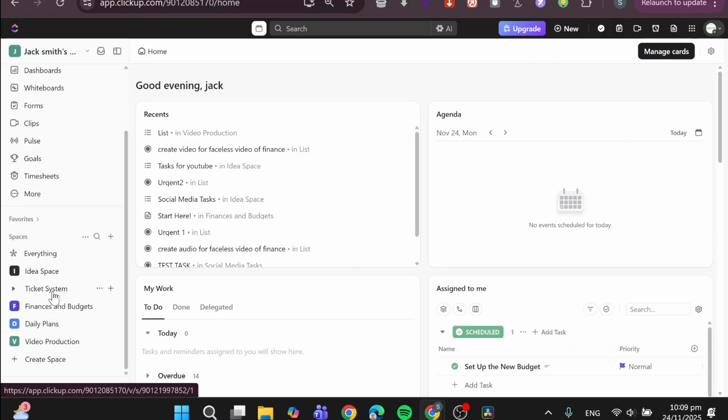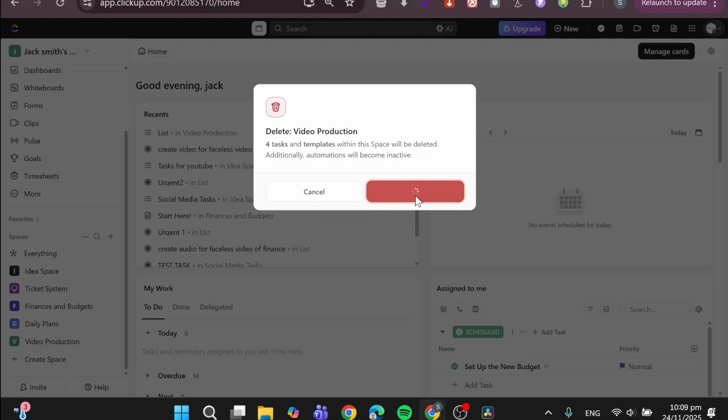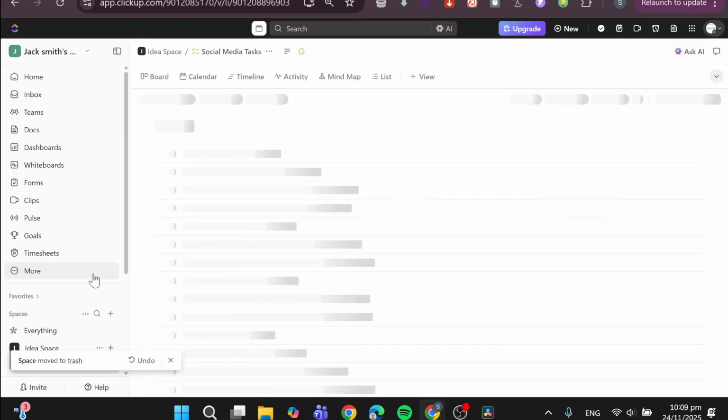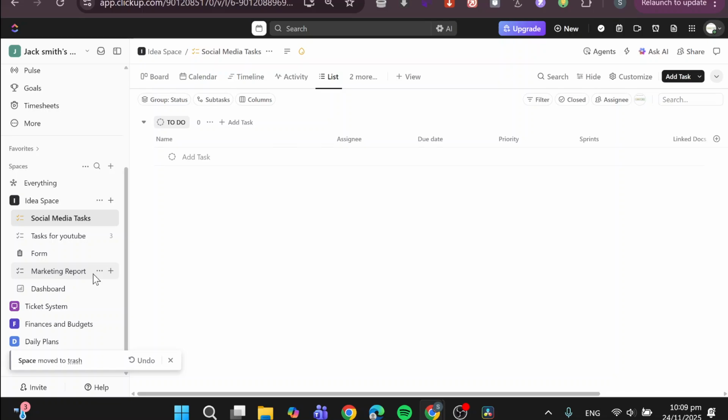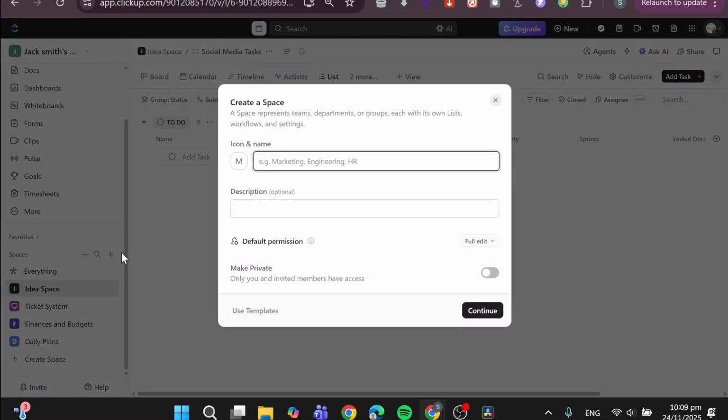First, let me check if I have more than 5 spaces. I have these spaces. I'm going to delete only one because on the free plan, it will give you the chance to create only 4 spaces, or max 5 spaces. So I click on create space and we're going to have social media content creation,